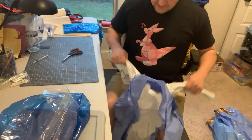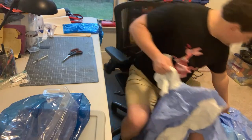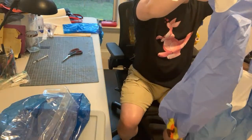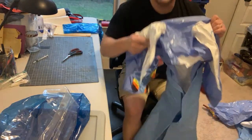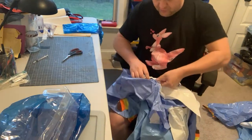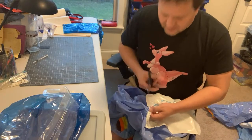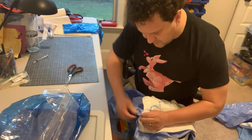So since this is going to be the inside, I've already determined that this is the outside, and really at this point it almost doesn't matter. You just got to pick one that's the inside, one that's the outside. So for the inside, I don't need any of this extra stuff. So first thing I'm going to do is I'm going to take and remove all the pieces that I don't need, like the wings. So I'm going to clip down to